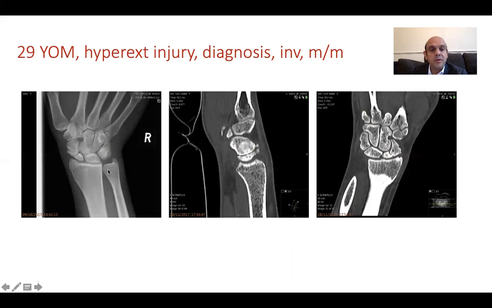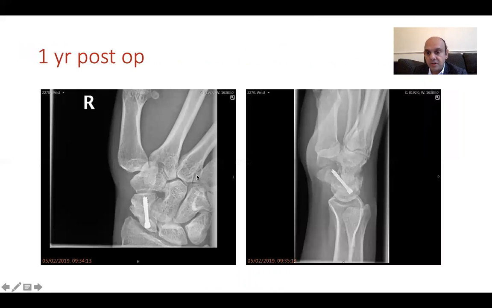So one example of proximal pole, again, young man, hyperextension injury. You can see there's a proximal pole fracture. Always get CT scans if you're worried. In this case, you can see some dorsal spurs. So I know it's a long-standing injury. It's a non-union and dorsal approach. And important, the reason I put 1 year here is in any proximal poles, your final X-ray has to be at 1 year. That's very important. That's the time they go on to heal.